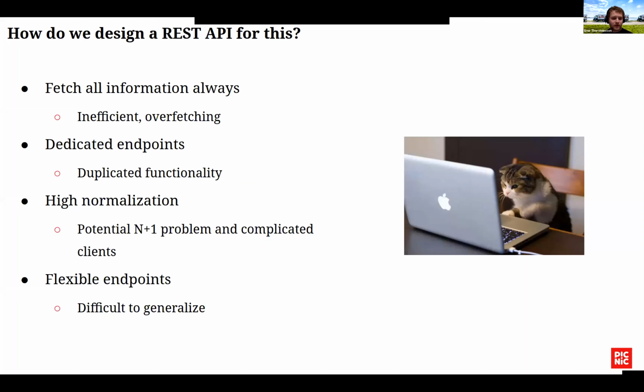We could have gone for a more normalized approach. We could have recognized that a trip actually consists of quite a few things. For example, we have already mentioned that a trip has multiple deliveries. We could have broken it up into as many pieces as we want and created a highly generic, flexible API for this. But